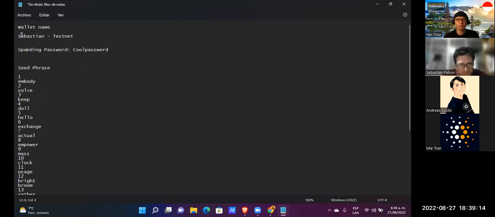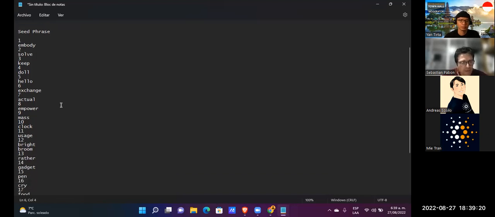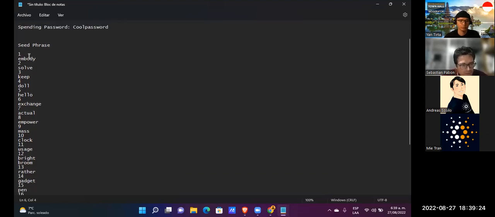And you can recover the wallet name with the seed phrase. But if you lose the seed phrase, you lose your wallet and all the content of the wallet. That's basically the security aspect of wallets in general.